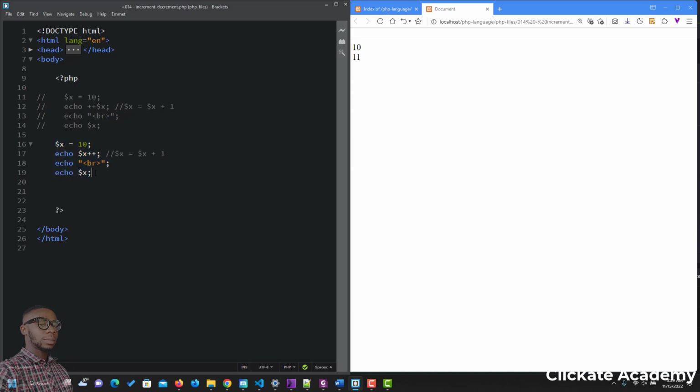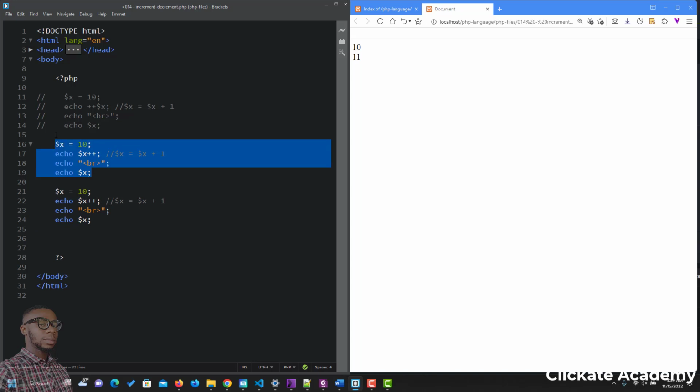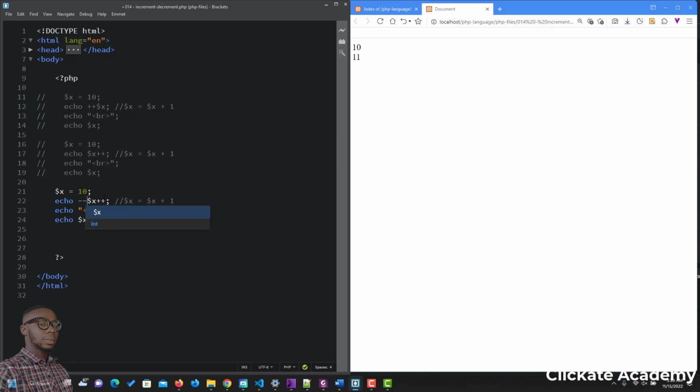So let's try this also for pre-decrement. Pre-decrement is going to be minus minus, which is the same thing as x minus 1. So this is going to give us x minus 1 and assign it to x, then return it to us. So let's see it. As you can see, it's 9, 9, because pre-decrement is going to decrement the value before